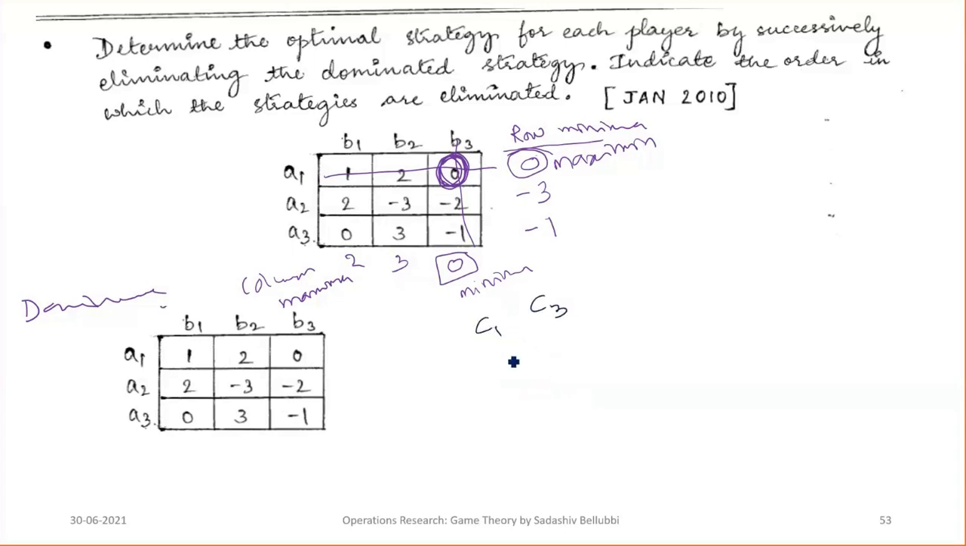Okay, column number 1 is greater than 0, 2 is also greater than minus 2, and 0 is also greater than minus 1. Now here we can say that column 1, I mean the B1 strategy, column 1 elements are greater than C3. So then we can delete the first column. We have compared that C1 is greater than C3, so delete